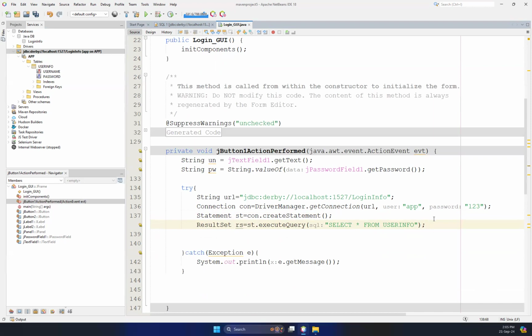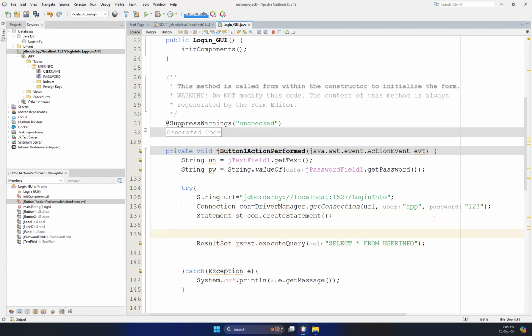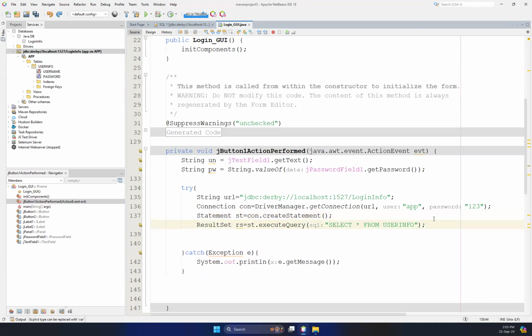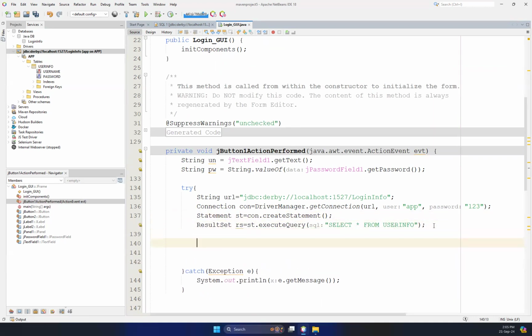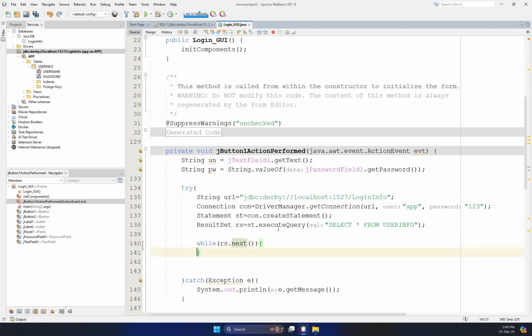Then using a while loop, I'm going to try out what values I have. Therefore, I'm going to use while result set dot next, because initially the result set pointer is one below, that means minus one index we have. If there are values, then the next method will return true and move the cursor to the next. Once it moves the cursor to the next, I'm going to display the values of the